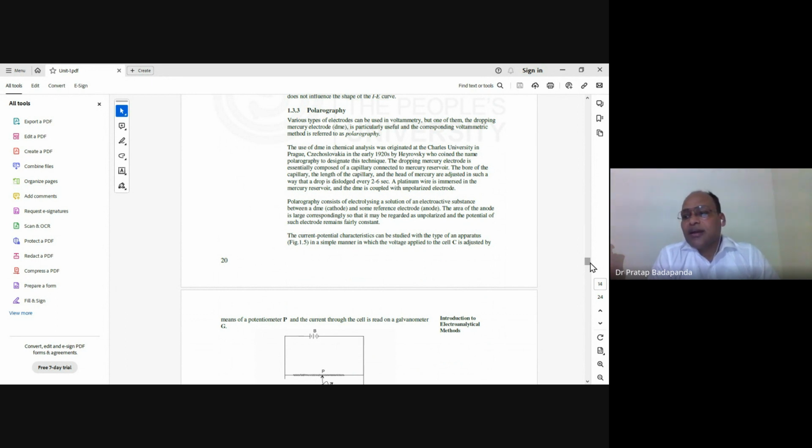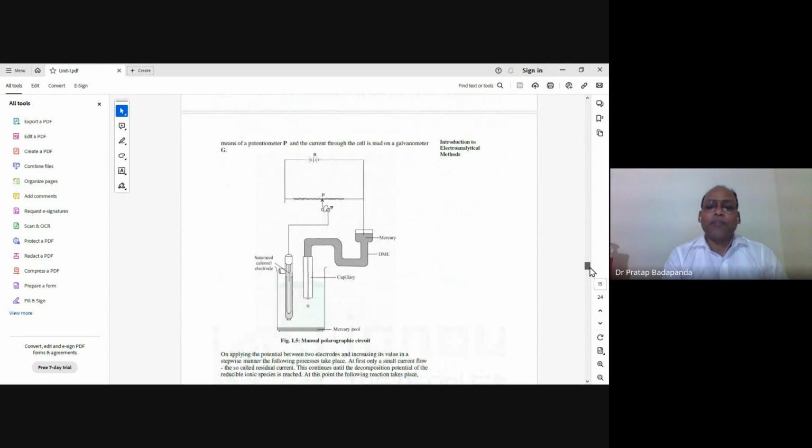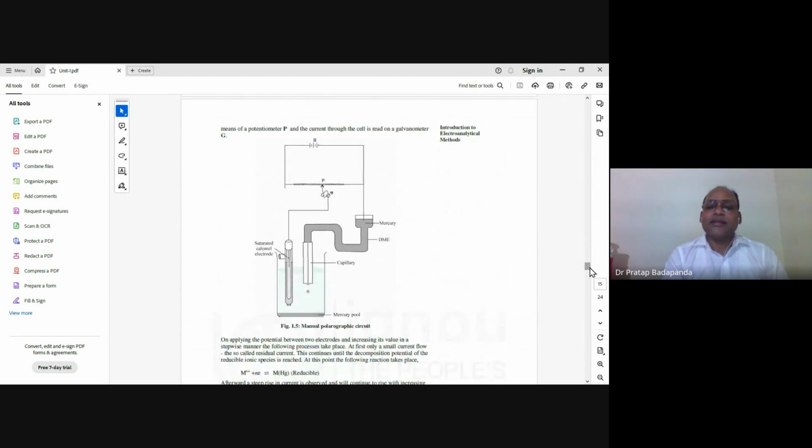So when you are using voltammetry, polarography is a part of voltammetry, right? In this case, you have to use mercury as the electrode. When the mercury drops down, a potential difference will be created. If you see the diagram below, there is a mercury meter, the gray-colored mercury. So when the potential difference is created, the mercury will drop down and